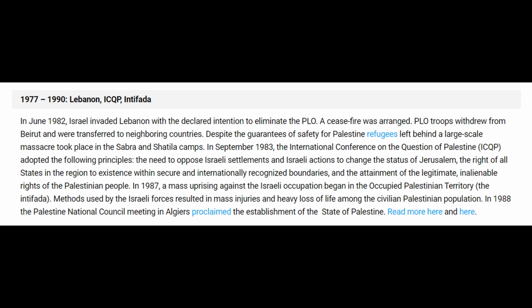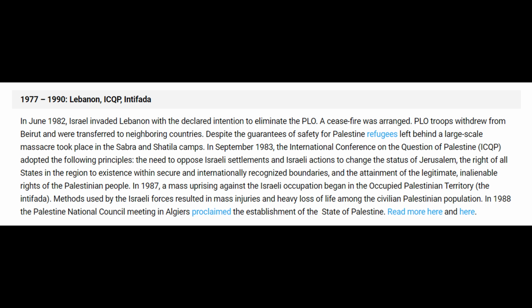However, despite the guarantees of safety for Palestinian refugees left behind, a large-scale massacre took place in the Sabra and Shatila camps. Furthermore, in September 1983, the International Conference on the Question of Palestine adopted the following principles: the need